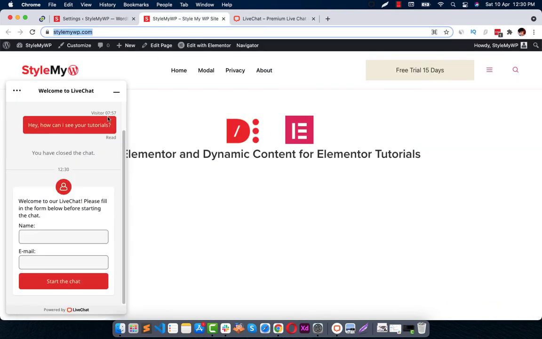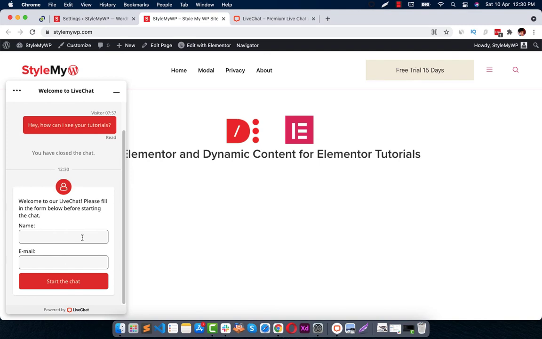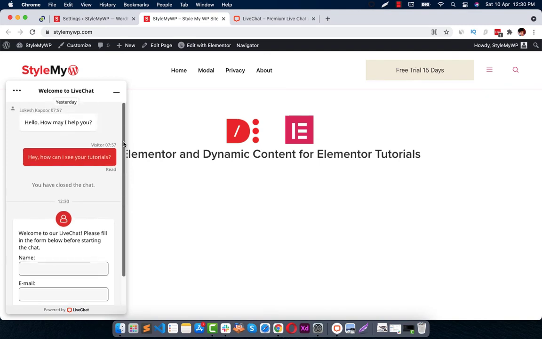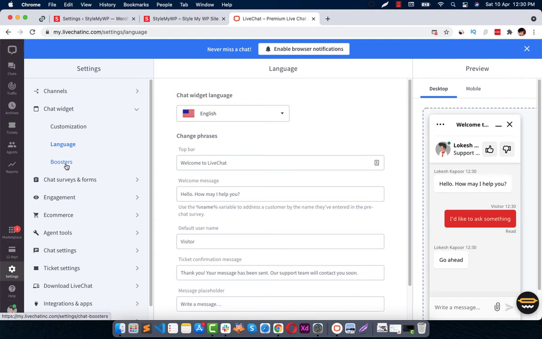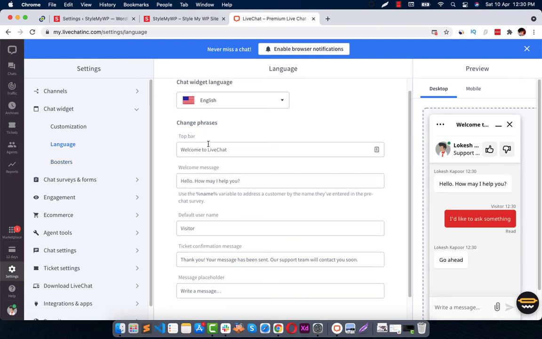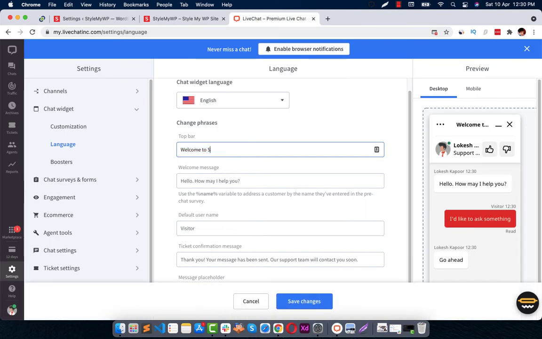And this is very recommended and useful when you are away and you want to reply to the customer in the email instead of live reply. So this can come in handy in that case too. Here you can go with language, right? You can change the phrases like this: welcome to chat, welcome to live chat, right? Here you can see it better. Welcome to live chat. You can customize it. Welcome to your website name.